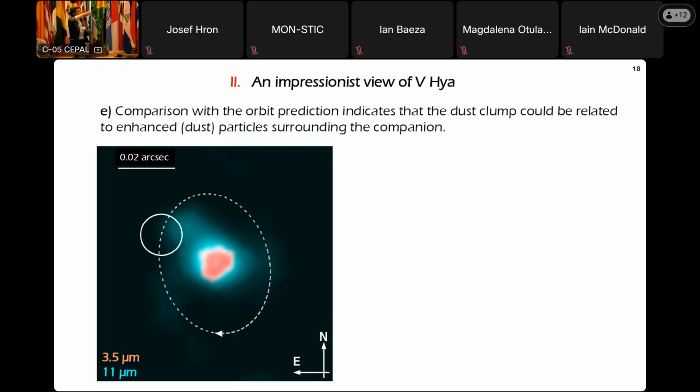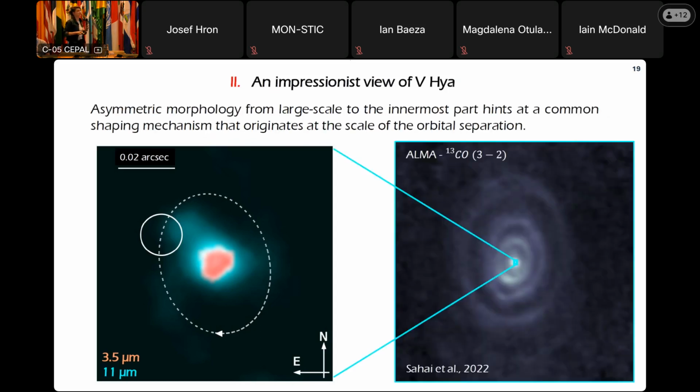But according to that, we have an idea of where the companion is, and this is consistent with the blob that we have. So this dust clump that we see close to the companion is likely explained by the presence of this companion. It could be a dust cloud around the companion, an accretion disk, a dust stream, I don't know, but something linked with the companion. And this answers the question that I had at the beginning of my talk: what is at the really innermost edge of the nebula in the system?